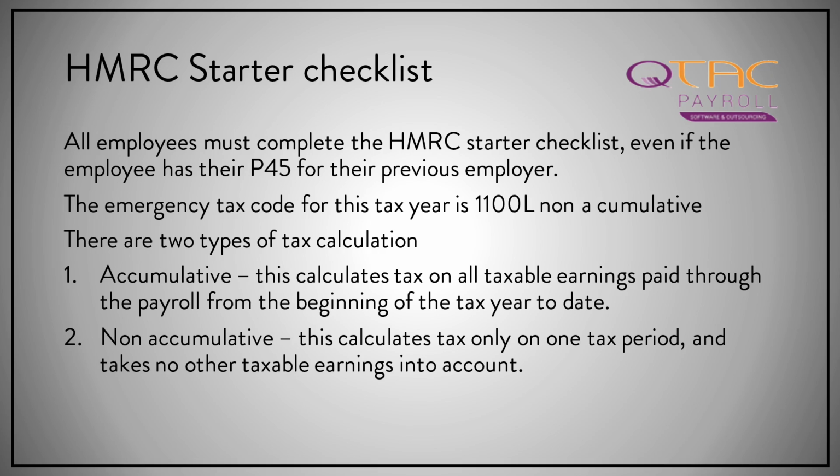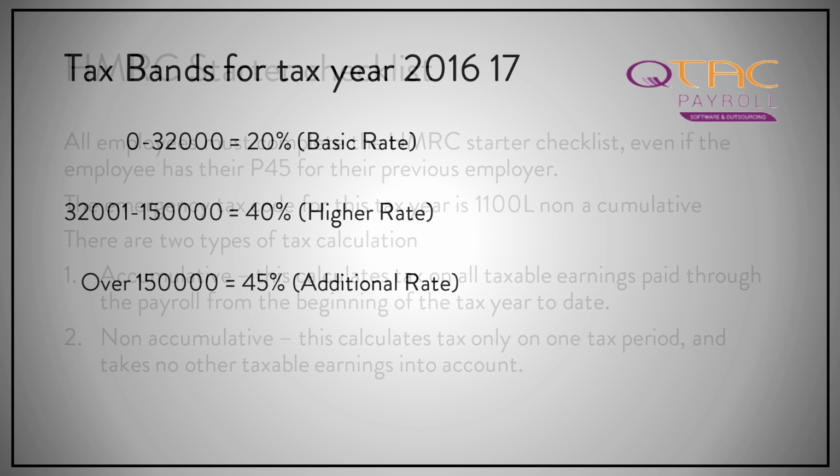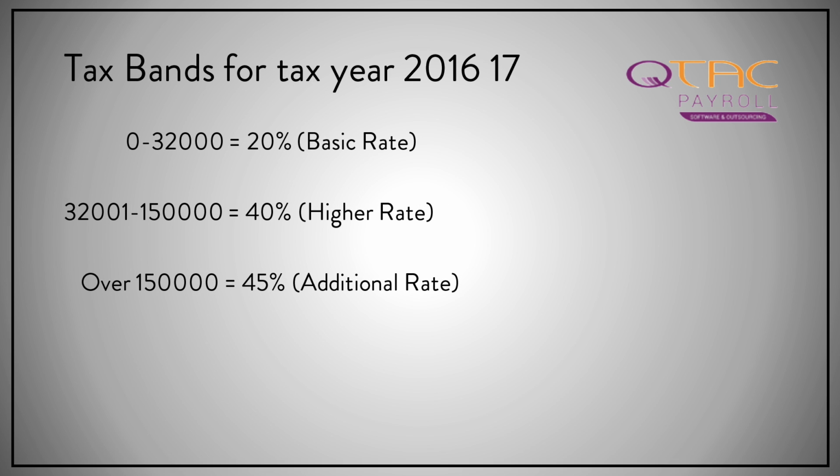There are 2 types of tax calculation, as I've just explained. Accumulative, this calculates tax on all taxable earnings paid through the payroll from the beginning of the tax year to the period that you're actually processing. And non-accumulative only looks at the 1 tax period and no other income that has been earned in the tax year. So the tax bands for this tax year are